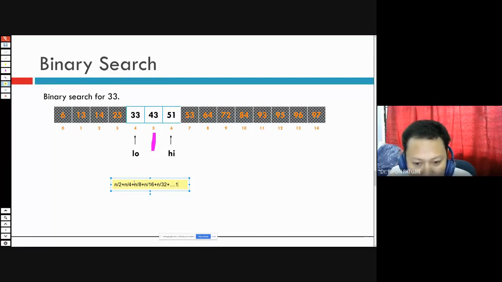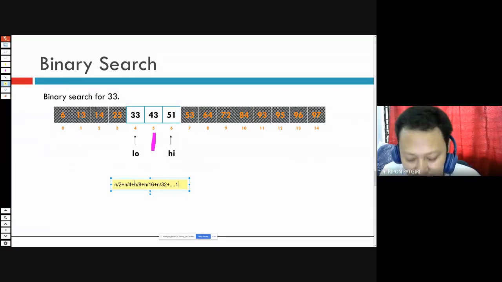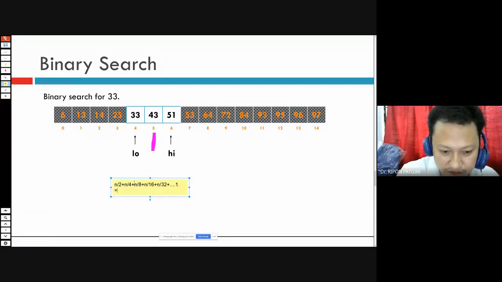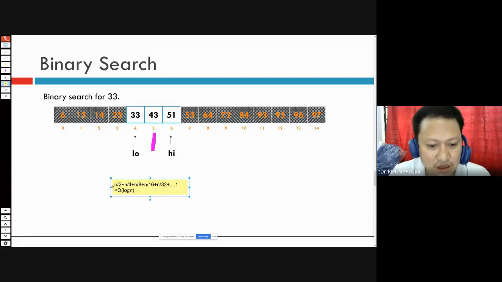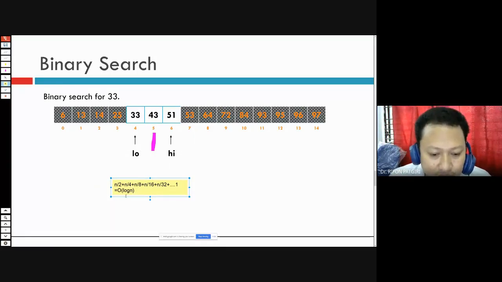up to 1. So this solution gives big O of log n comparisons. Only log n comparisons are required.